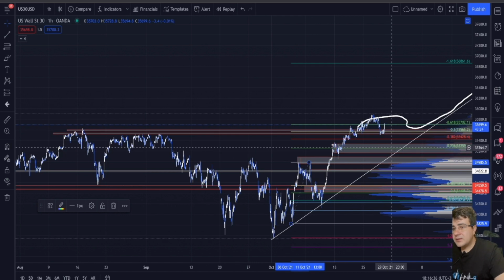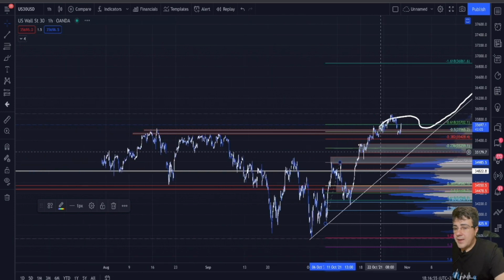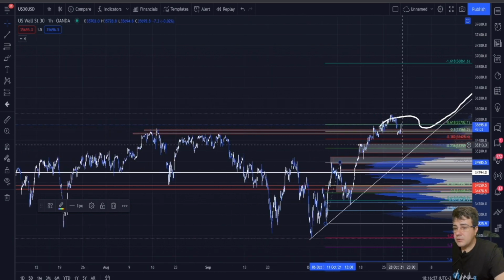If it gets to 35,264, no problem, even to the last stop here at 35,021. So this would make us in a fourth wave of the Elliott wave, and we could pump then to